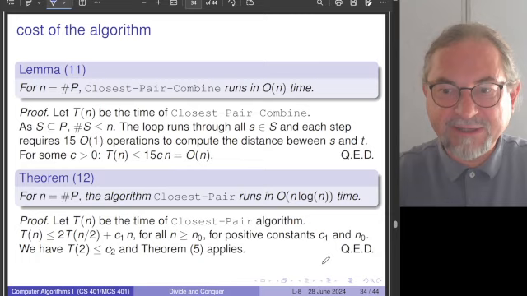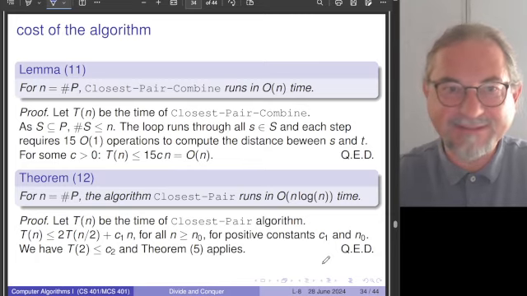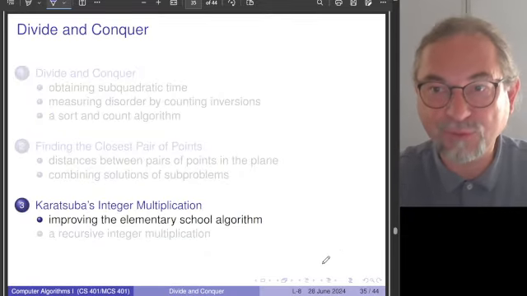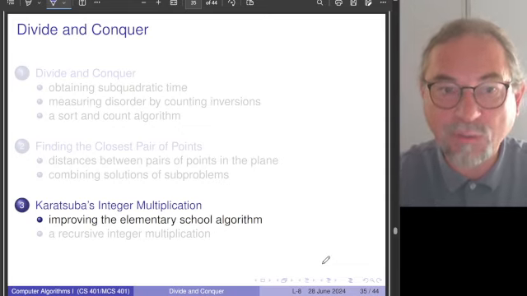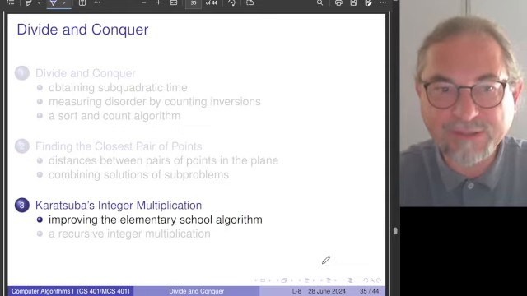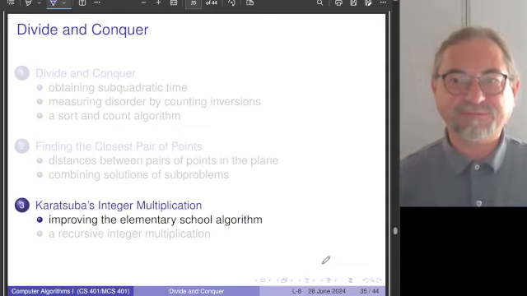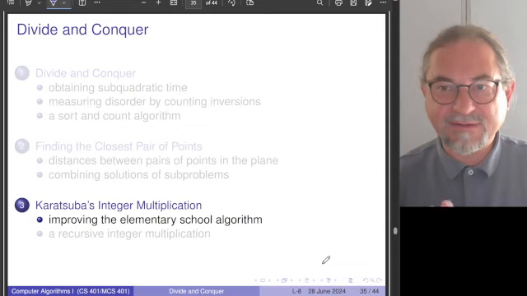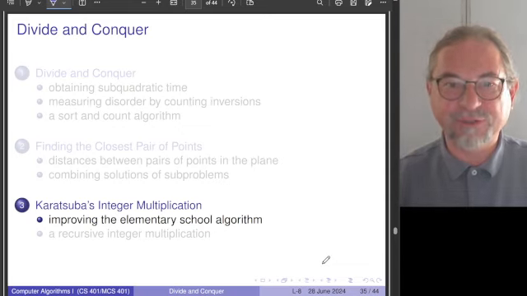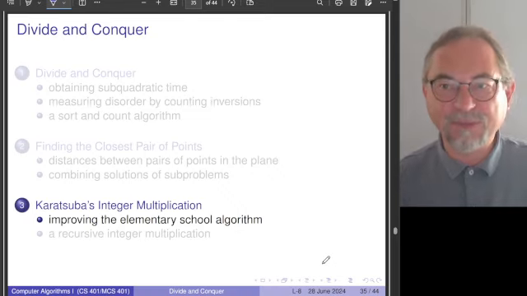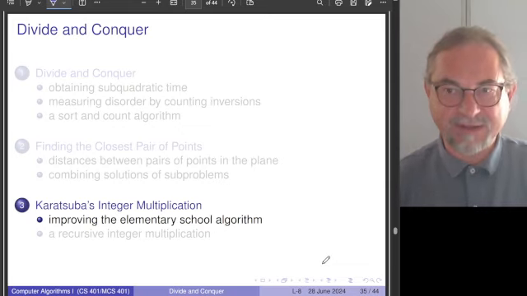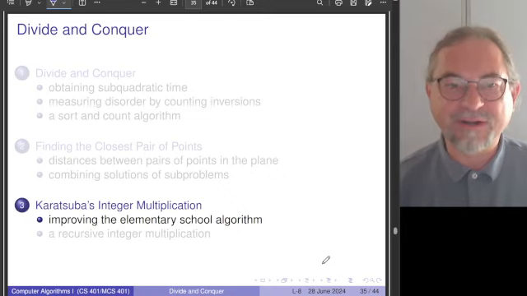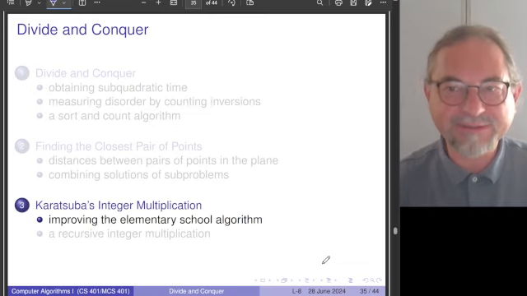Okay, that was the first problem that we solved in the second part. Let's now go to a problem where divide and conquer will give us subquadratic time. And we will look into the multiplication of integers. And I said earlier in this lecture that an integer is not restricted to a machine integer, so we do not consider the bit complexity when we consider the input size. So we idealize our input. We can have arbitrarily long integers, but of course this is kind of unrealistic in practice. We are restricted by